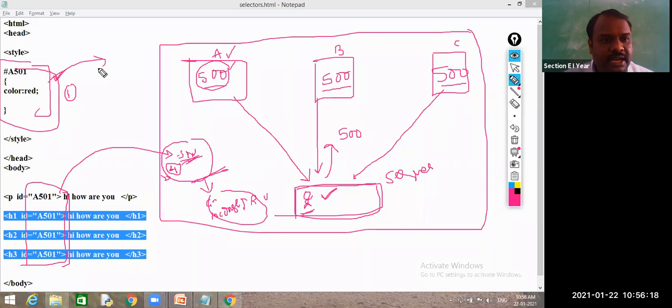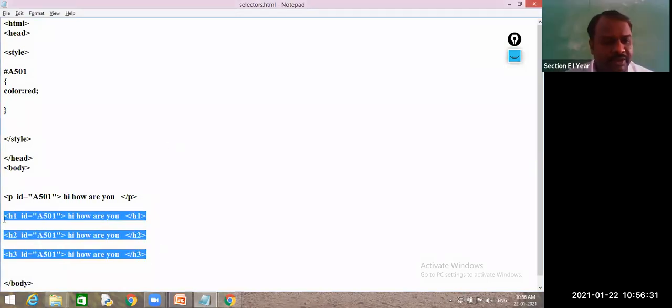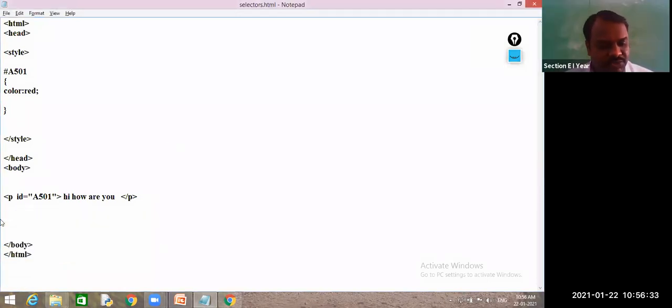This concept we will learn in the 5th unit, while we are learning JavaScript; again I will repeat this concept. Even if you write it for multiple elements it will apply, but as a good programmer, you should not repeat this ID for multiple elements.